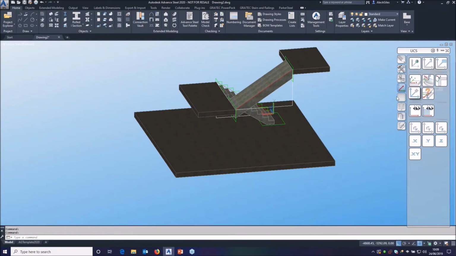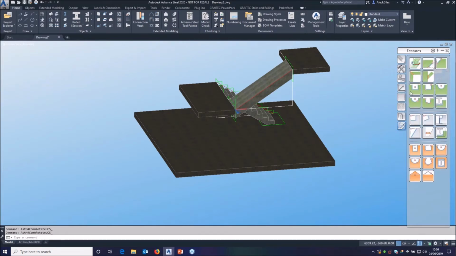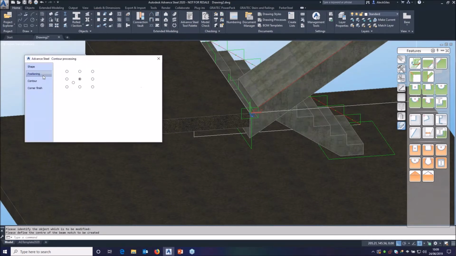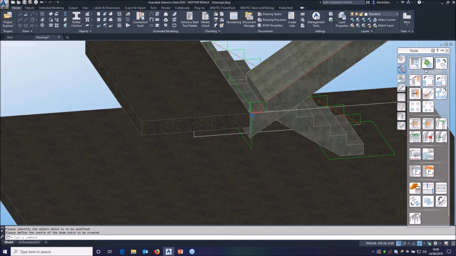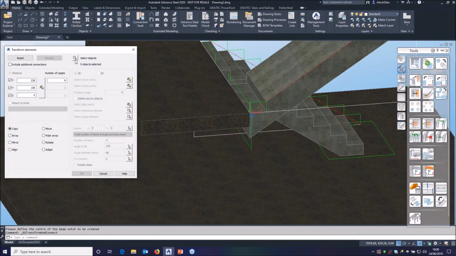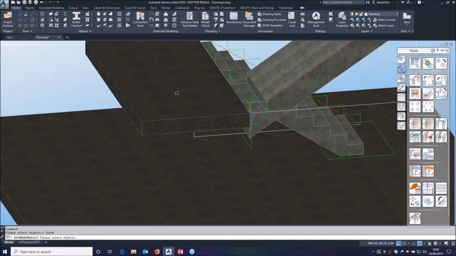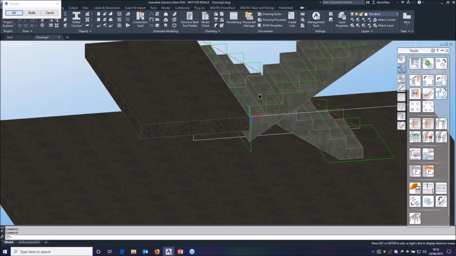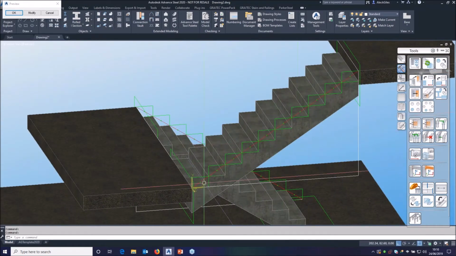flight up here. So move my UCS to the bottom of that flight and turn it around. Rectangular contour by center on the side of the beam at the bottom. Make sure you get the positioning in the corner. Then you can use transform elements again. The only thing you need to select is the feature. You offset from one corner to the other with the right number of treads, and you get your stair shape